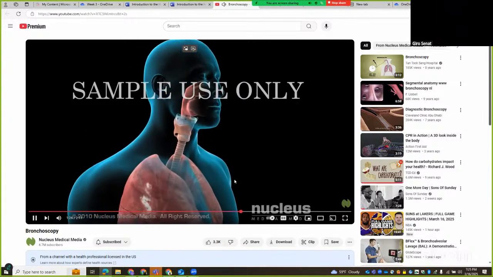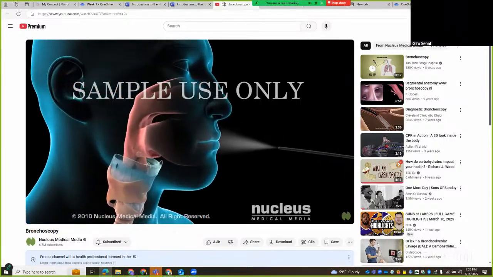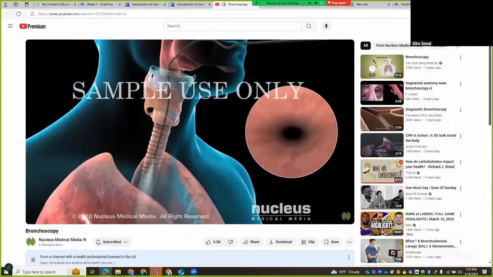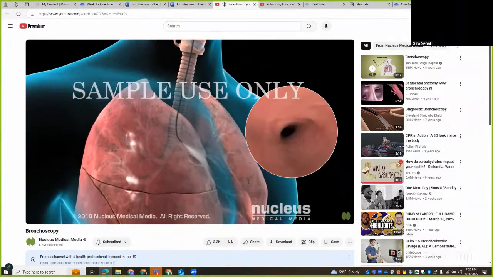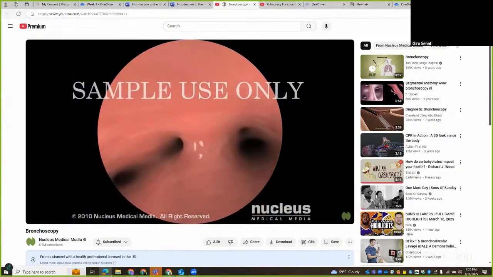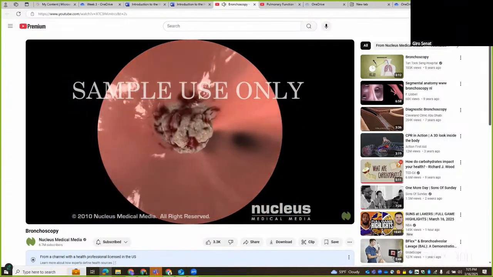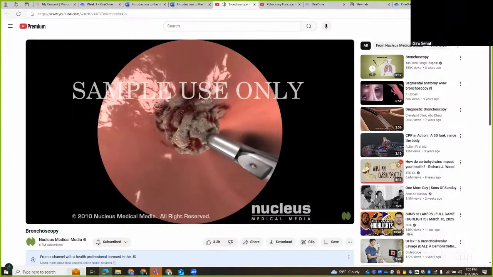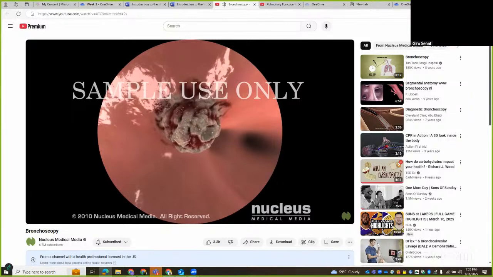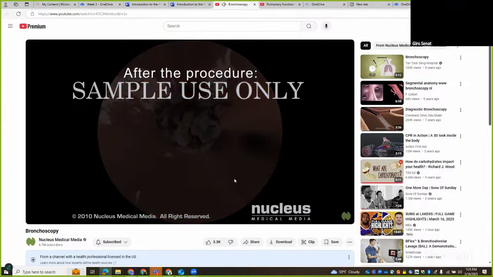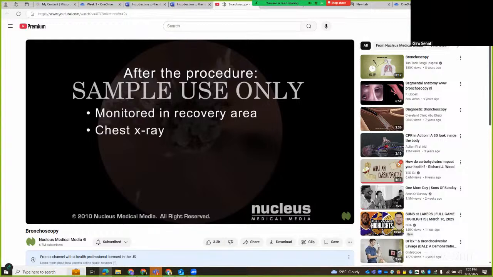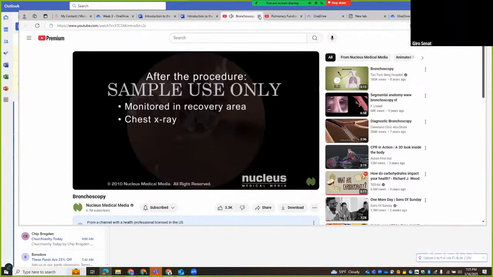During the procedure, your doctor will slowly thread a bronchoscope through your nose or mouth, down your throat, past your vocal cords, through your trachea, and into your bronchial tubes. He or she will carefully examine the lining of your airways and may take samples for laboratory examination or remove a foreign object. After the procedure, you will be taken to a recovery area. If a biopsy has been taken, you will likely have a chest X-ray before you leave the hospital. Your doctor will send any